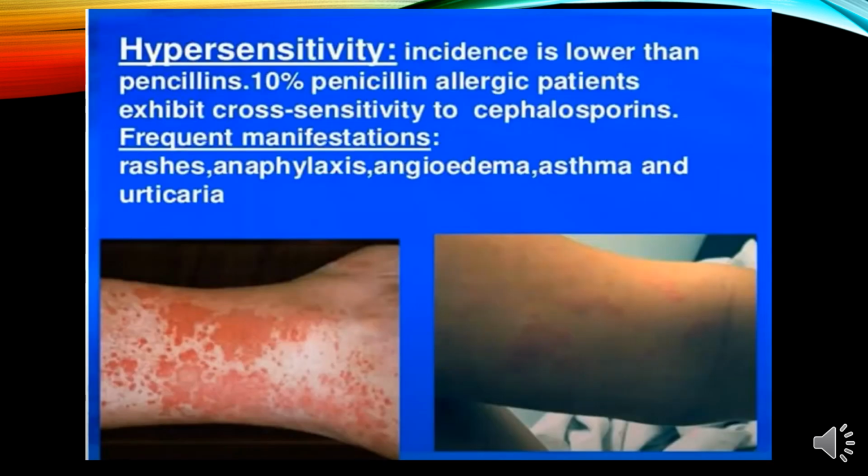As you can well appreciate in this picture, there are rashes, anaphylaxis, and urticaria. A hypersensitivity reaction to penicillins or cephalosporins is a kind of anaphylaxis. So you need to give the treatment for anaphylaxis, which you have to write down for your assignment in today's lecture. What are the factors which cause anaphylaxis, and how do you treat an anaphylactic reaction? You have to answer this question.